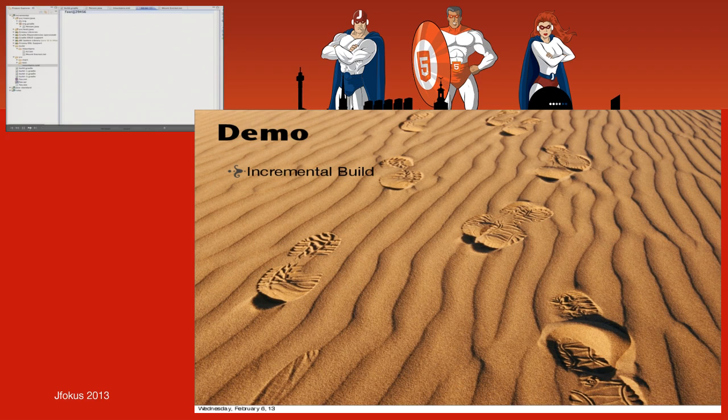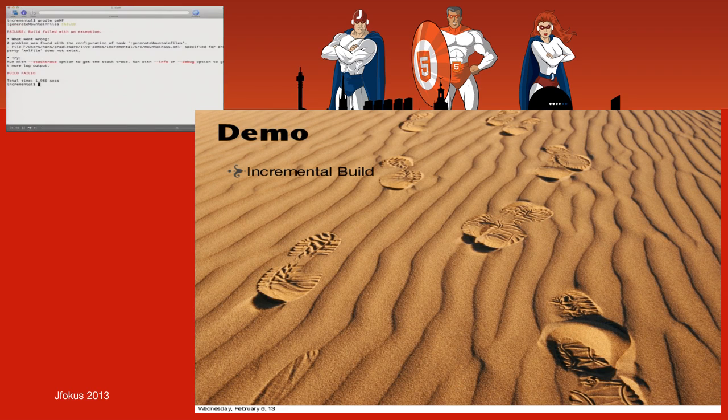Okay, so how does Gradle do that? It's extremely simple. You don't say anything about incremental build. You just say, hey, I have a task, and you declare the inputs and outputs of the task. You can go home now. You understood the concept. It's extremely simple, and you get a very powerful functionality by doing this, right? One aspect is you get incremental build, but you also get error checking. If the input file does not exist, you get a nice error message that tells you exactly what went wrong.